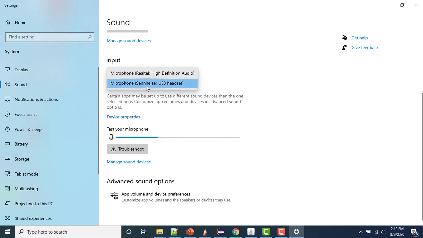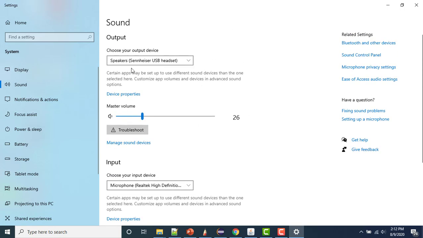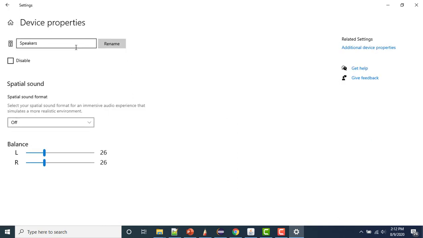So again, your input device you can select as per your choice, right? So these are the input and these are the output devices. Again, we have the device properties here, so from here you can know what the device properties are. Now here we can change the left and right balance. Currently it is balanced, and ideally it should be balanced, right? So my advice is don't change this, it should stay as it is, right?